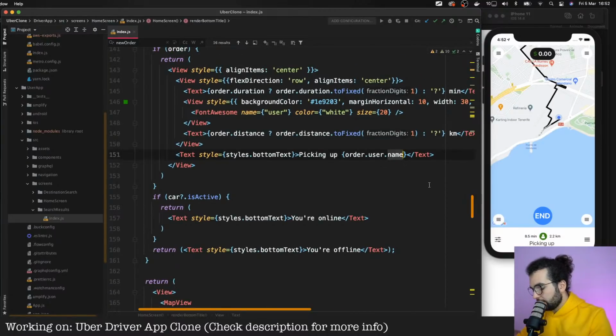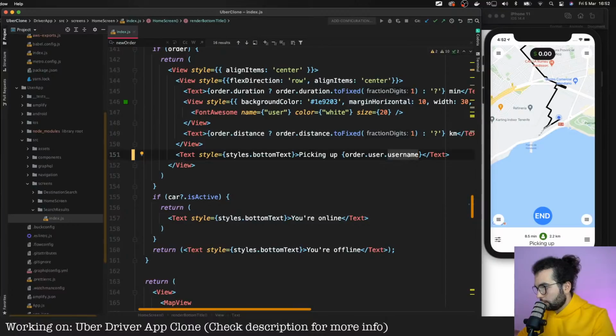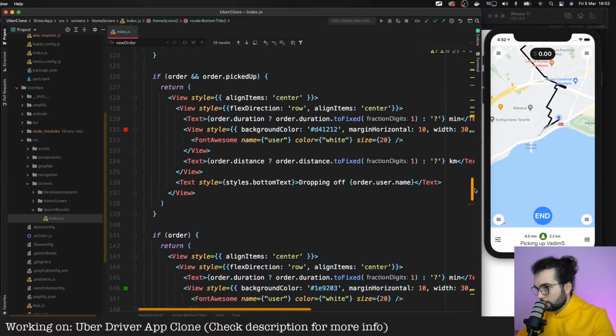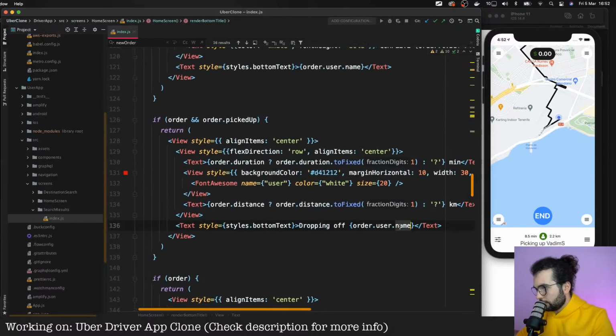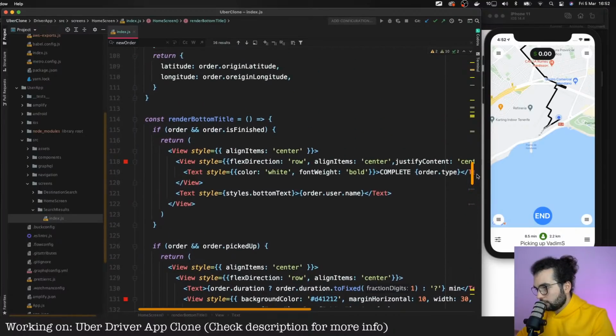Instead of name, we will say username. Save. Yeah, now picking up Vadim. And here as well, dropping off order username. And here as well.